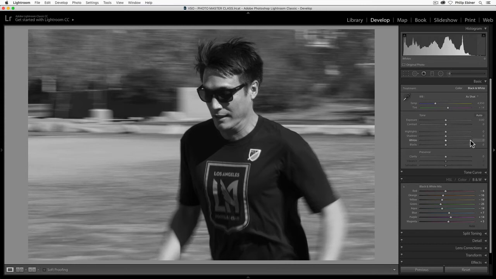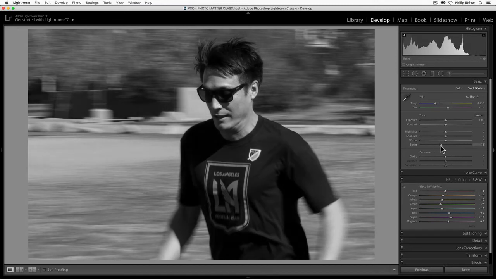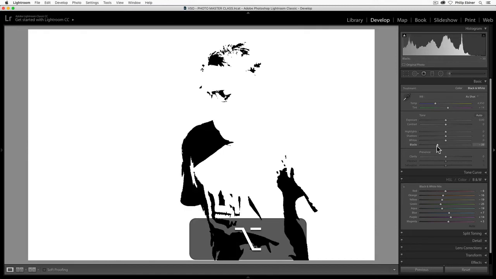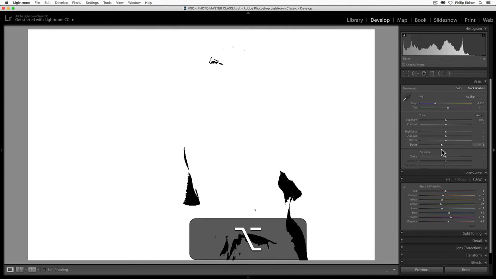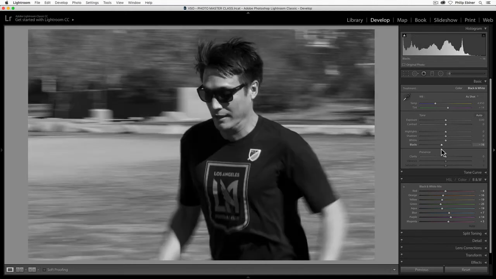So with a black and white photo, I typically like it to be really contrasty. So here I'm going to bring down the blacks, and if I hold the option key, I can see when things are becoming too black, completely pure black with no information. And sometimes I'm okay with that. I'm okay with parts of the image being completely black.